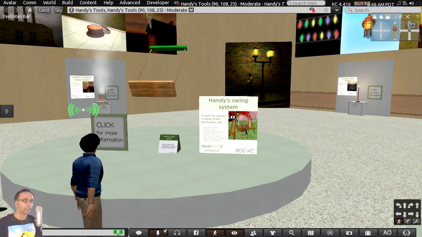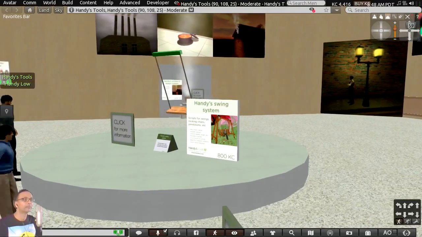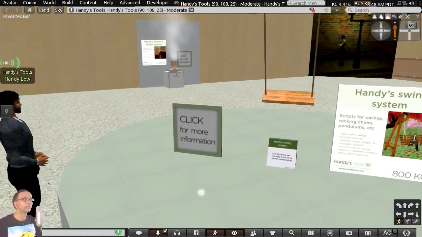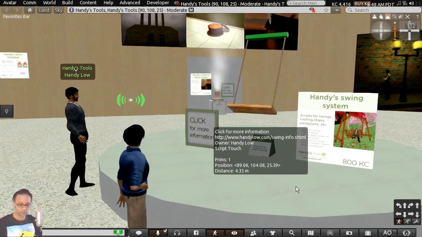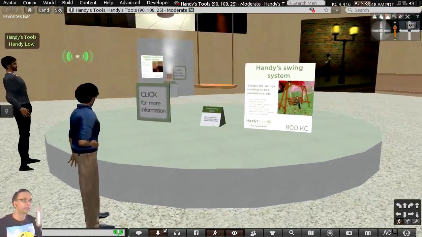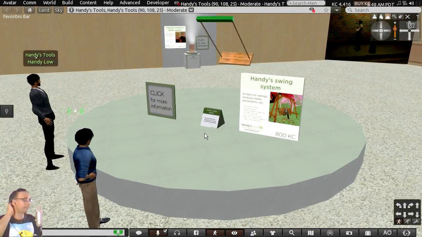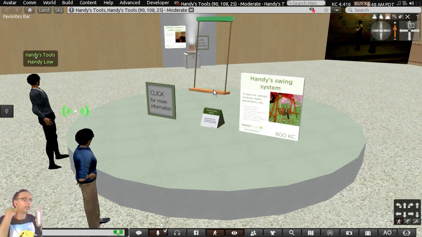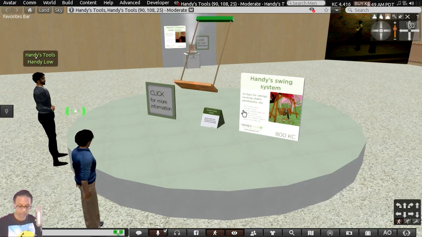So from there, you can fine-tune how fast it goes, how far backwards and forwards it goes, and so on, without having to touch a line of coding. That's the idea. Yes, I can see how this can be really useful if somebody is just setting up a park or some kind of attraction for events, and it would be so easy to put a few of those things in, and builders can work on the art of the swing itself. Instead of having a plank, they could have a horse or something.